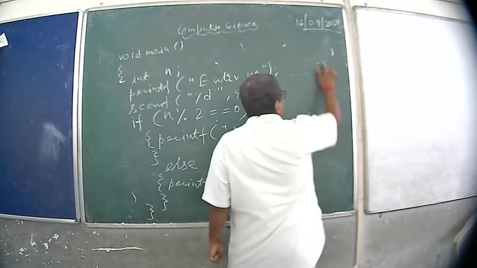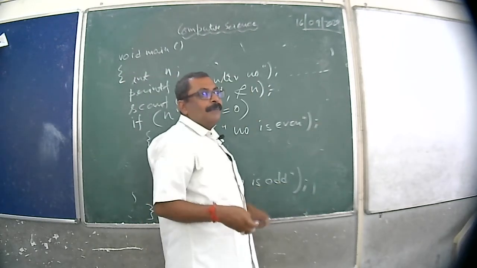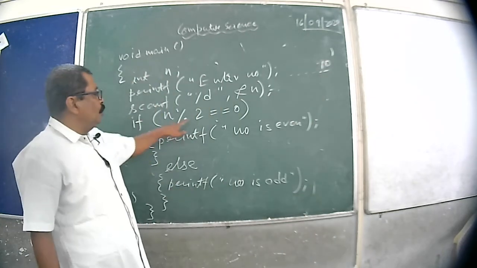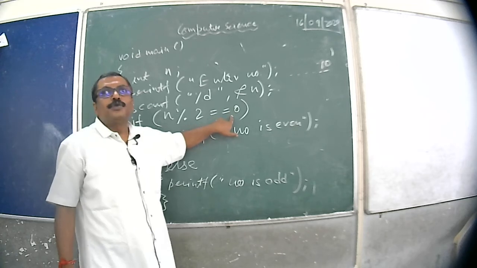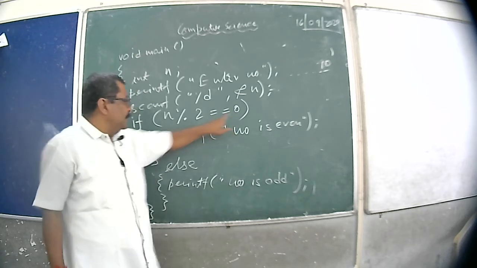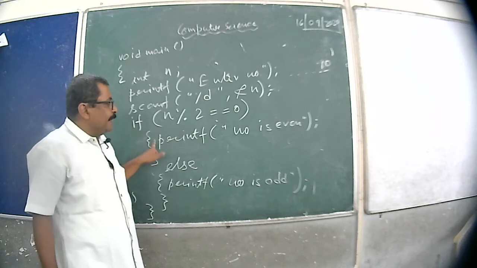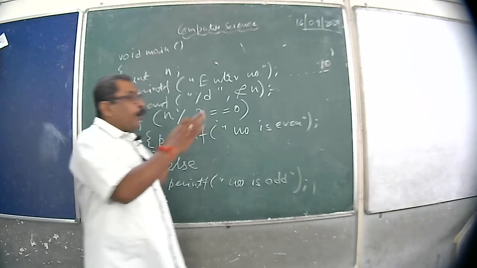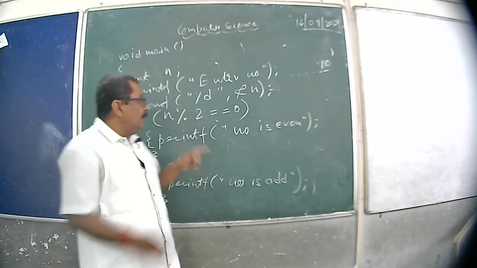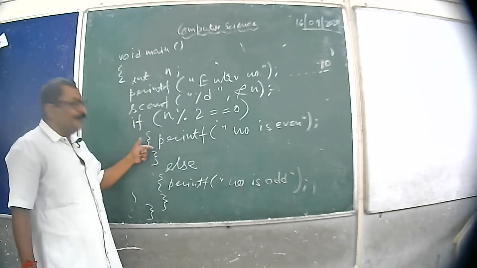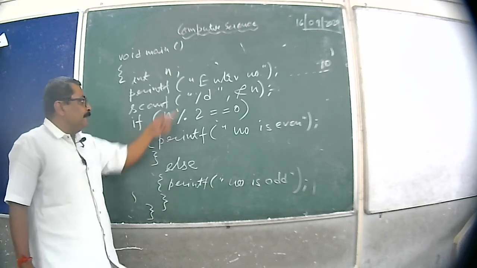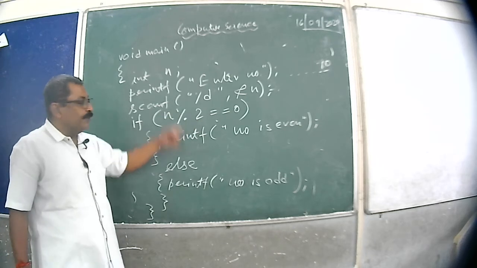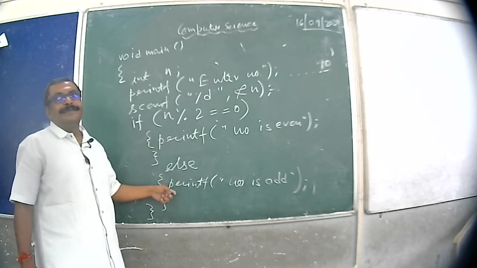Here if you enter one more number, say for example 10. 10 modulo 2 is equal to 0. Is that true or false? That is true. True means this statement, printf number is even. True, 10 number is even. So according to the number, the control is sent to either this or that depending upon the condition, and the condition is either true or false. If it is true, then this. If the condition is false, then this.